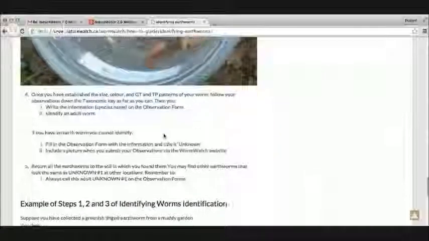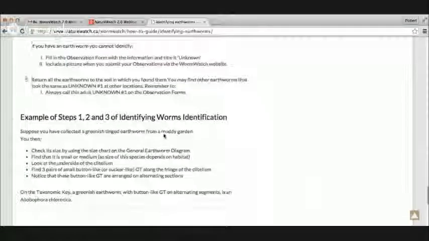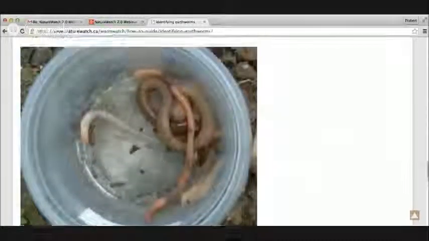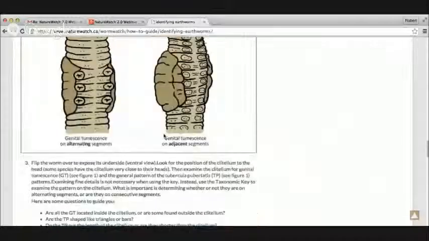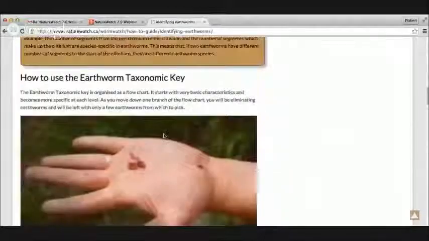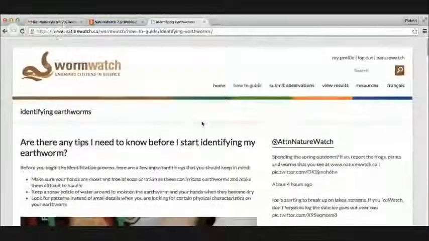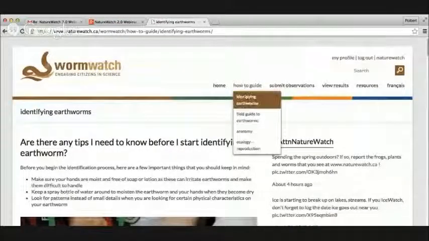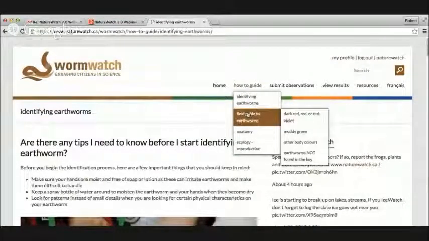There's some more pictures of them, and there's different protocols that you can use for identifying earthworms. And so we encourage teachers to have a look through this and select a little program that works best for them. I must confess I'm not a school teacher, so I've never had the opportunity of leading kids through this,